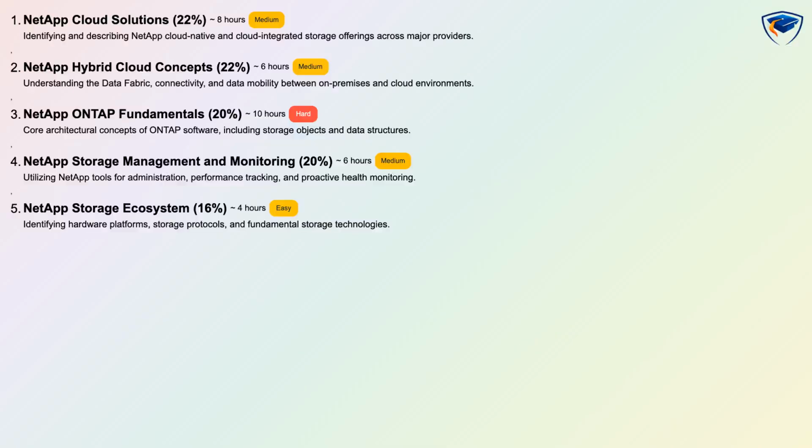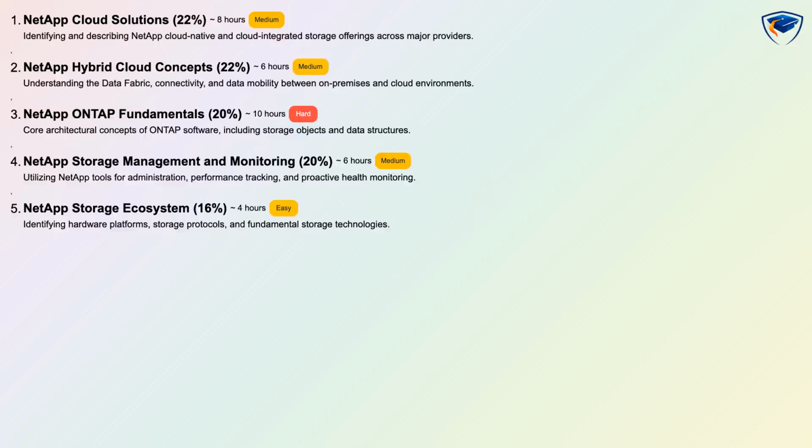Overview of the exam shows 5 domains with exact weights and focus areas. NetApp Cloud Solutions 22%, NetApp Hybrid Cloud Concepts 22%, NetApp ONTAP Fundamentals 20%, NetApp Storage Management and Monitoring 20%, and NetApp Storage Ecosystem 16%. The exam emphasizes conceptual understanding and scenario-based problem solving across cloud, hybrid, core ONTAP architecture, administration, and ecosystem topics. Each domain entry includes difficulty, estimated learning hours, and the assessment type so you can plan study